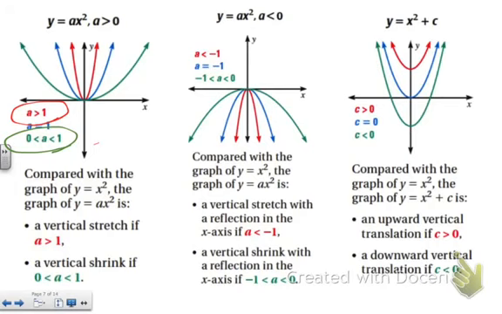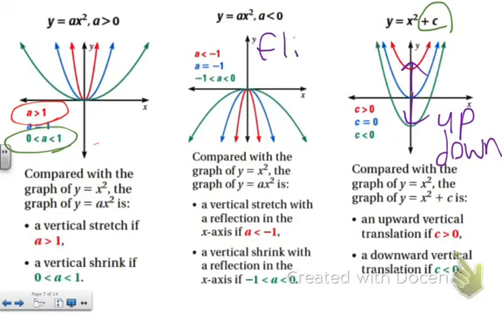Okay, when A is less than 0, meaning it's negative, that's when it's going to flip over the x-axis and be facing downward. And then C is what's going to shift it up and down. So plus C is going to move it up the y-axis, and minus C, or a C less than 0, is going to move it down the y-axis. So here you're just thinking up, down. Here you're thinking flip. And here, greater than 1, you're thinking